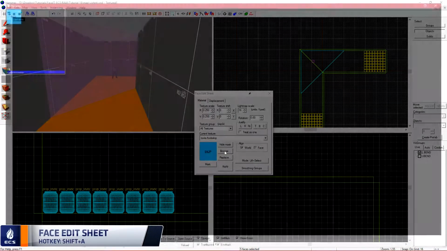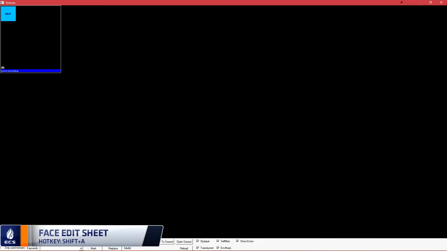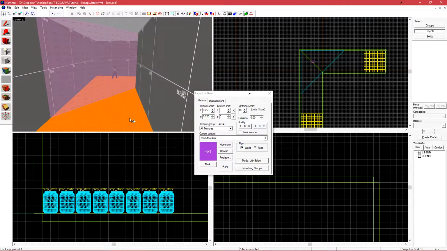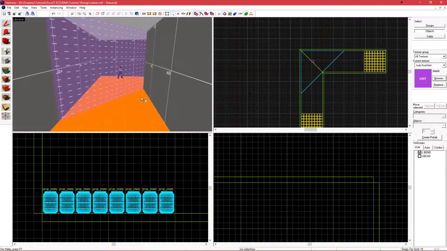I now want to open my face edit sheet and do a search for hint. This is going to be a purple texture with hint written on it. I now want to apply this only to my diagonal face. This diagonal face is being used to split a viz leaf. Skip is used on all sides that we do not want to split a viz leaf, while hint is used